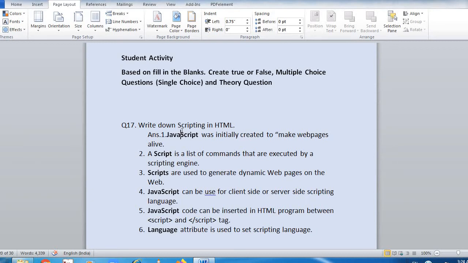Another question is explain variable. The variable is a basic unit of storage in JavaScript. A variable may consist of alphabets, digits and underscore, dollar character with the following rules. Standard keywords are not allowed as a variable name. A variable name can be limited up to 255 characters. A variable name in JavaScript is declared with the keyword var.